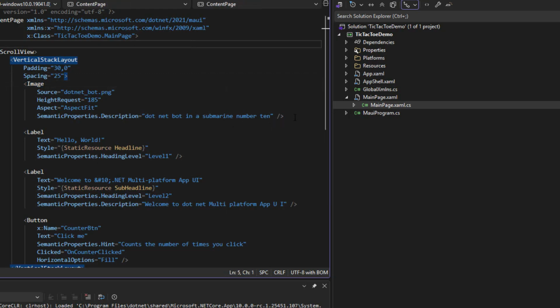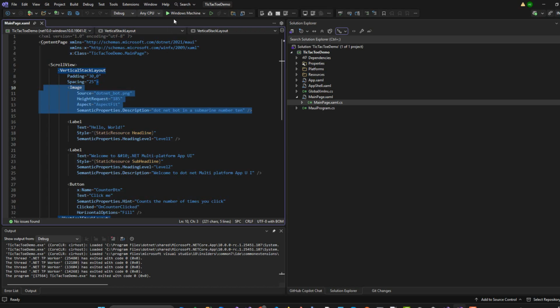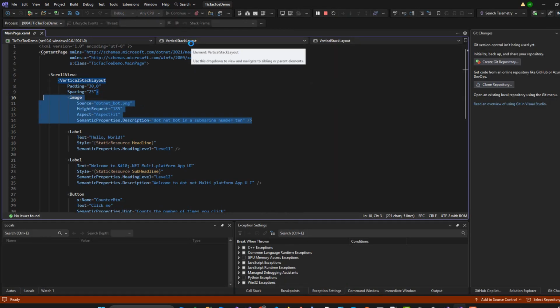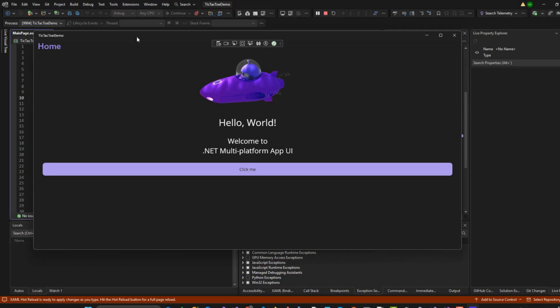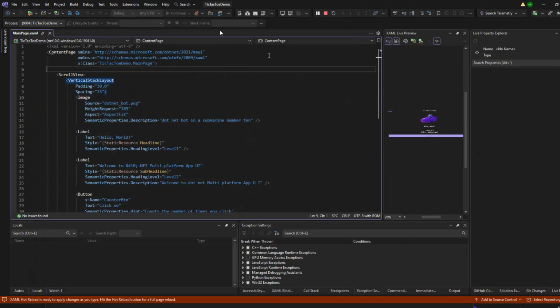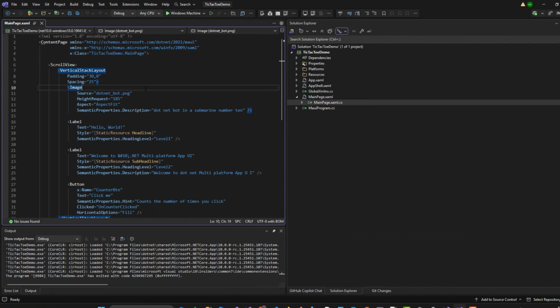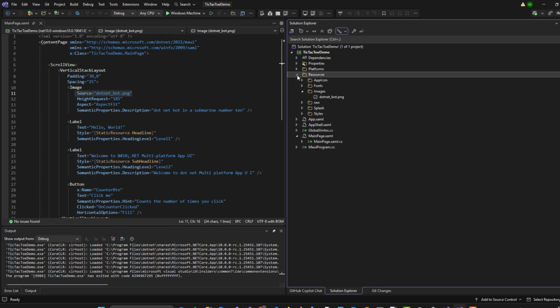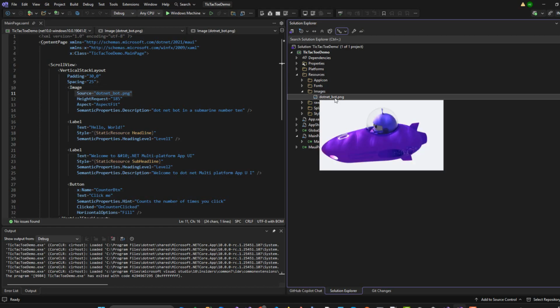So image right here, if I run it, I'll show you. So this is the image right there. Let's see how the image gets generated. The image is a file called .NET.png, and every font, every resource that you use will be inside the resources. So as you can see, here's the images, the .NET.png. This is where it's reading from,